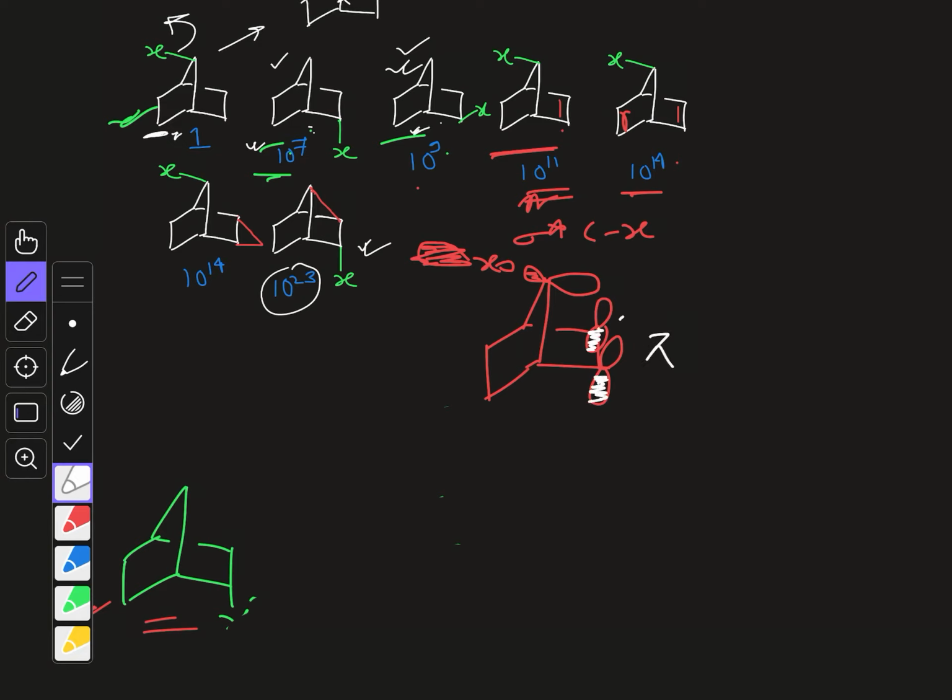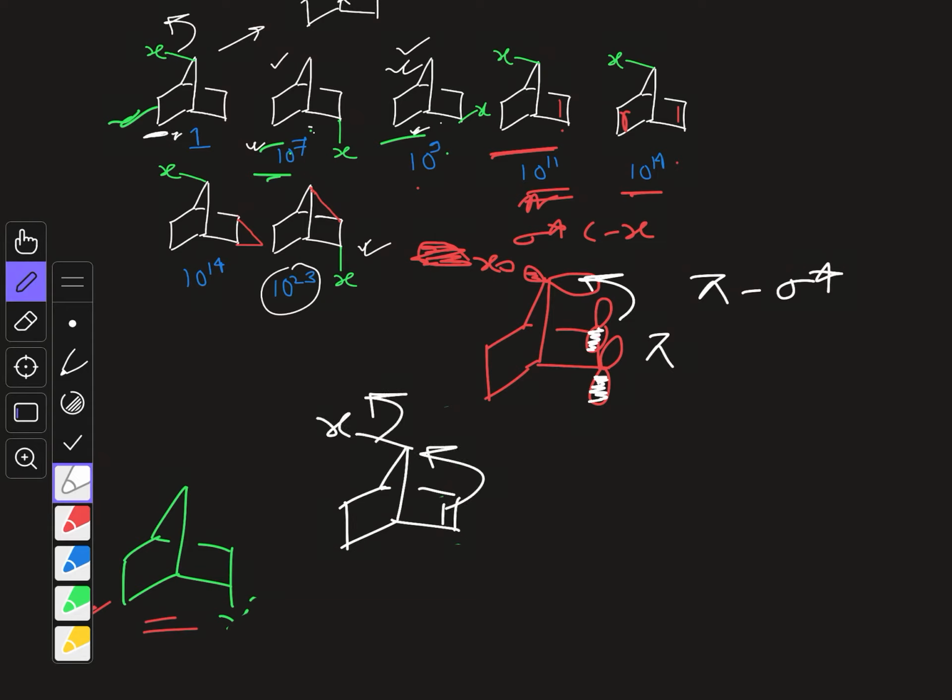So now from this pi to sigma there can be overlap, so this is basically a pi sigma star interaction, and the extreme case of this pi sigma star interaction can be like this. We have this pi and we have this X, so this pi can attack the sigma star and X can go, giving you another non-classical bridging carbocation, which is like this. Here we have to represent it by dotted bonds. So this is again a case of non-classical carbocation, which is possible for this one.